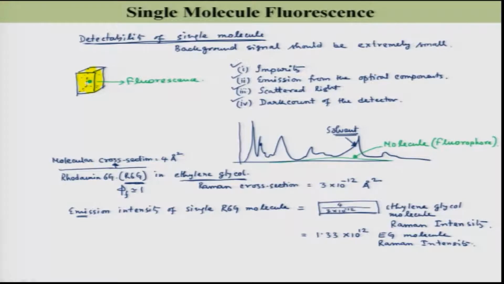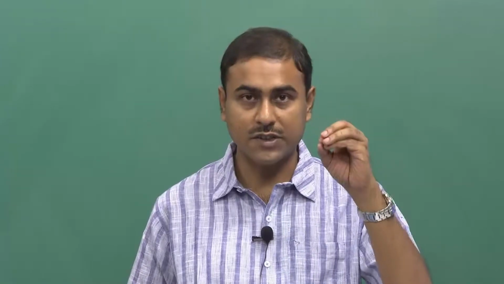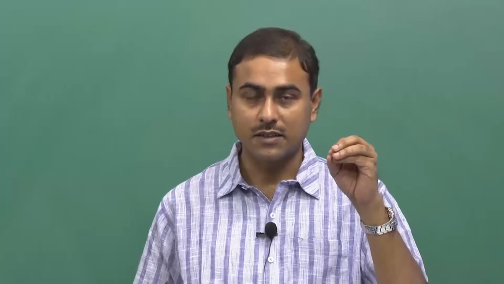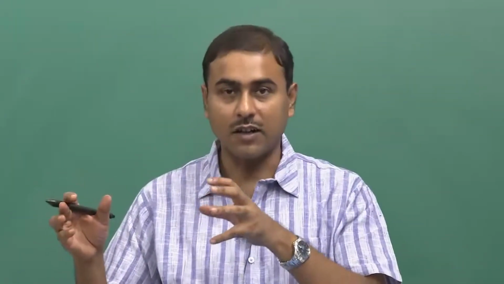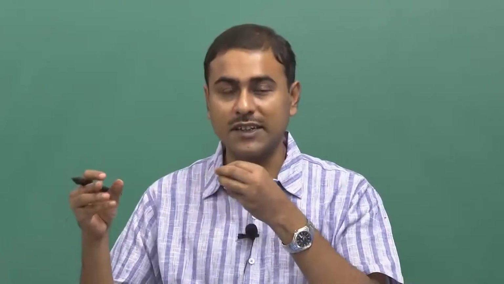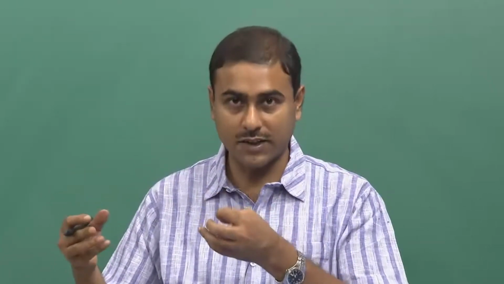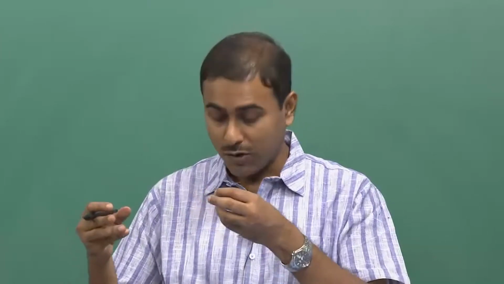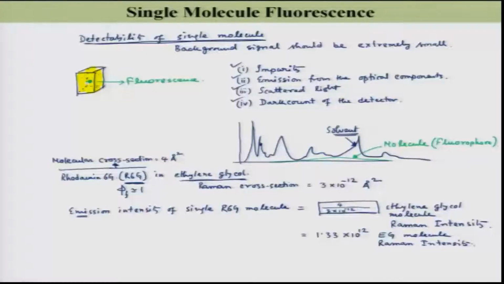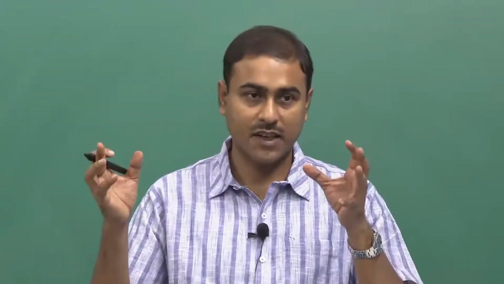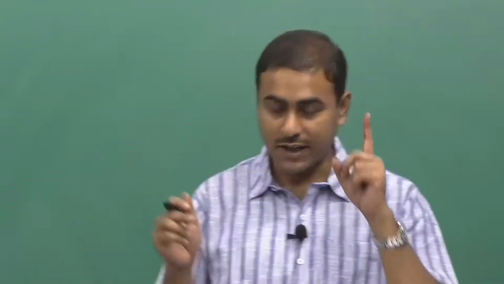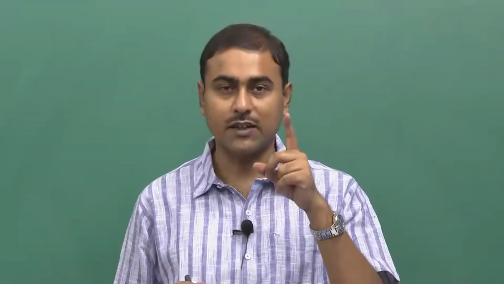That is for sure, right. That means the number of photons coming out of a single rhodamine 6G molecule is equal to the Raman scattering, or those photons of the inelastic scattering of a similar wavelength, from 1.33 into 10 to the power 12 ethylene glycol molecules. They are the same, right. So, now I will take one condition, that is our ensemble average